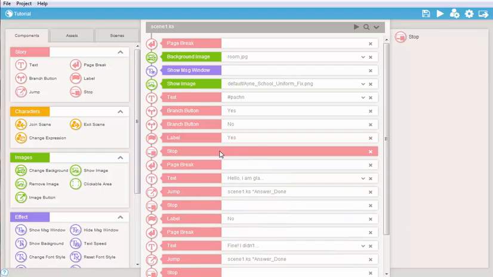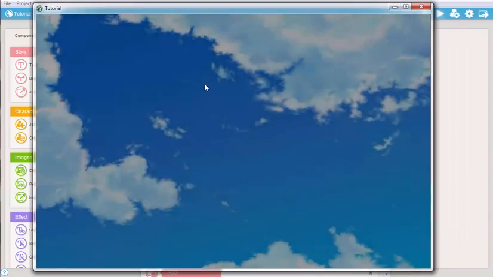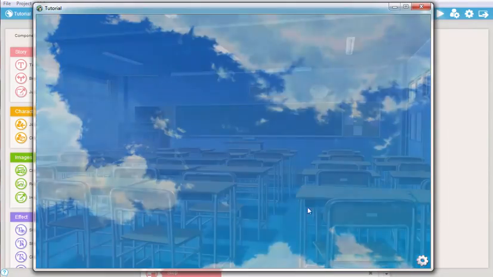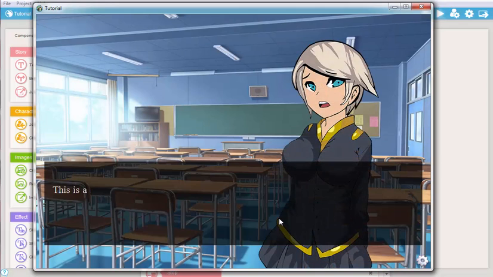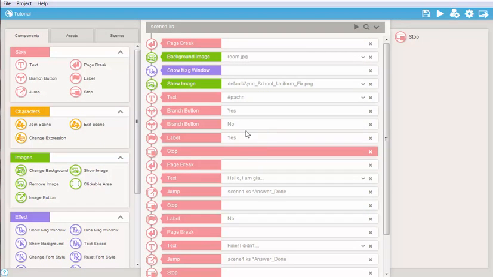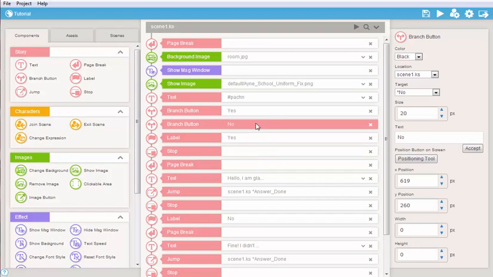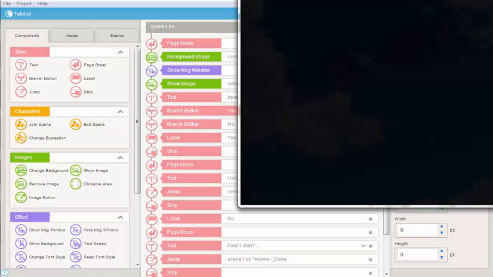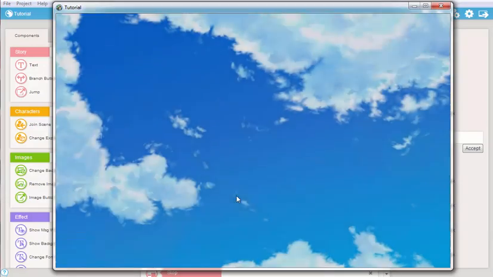I forgot to have a stop here. Actually, I had a stop there. The buttons are not appearing as they should. Yes, no. Okay, so we click yes. It's going to jump to label. I have no idea why it's not going as it should. That is probably just my